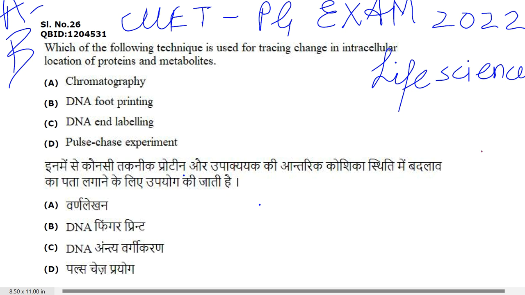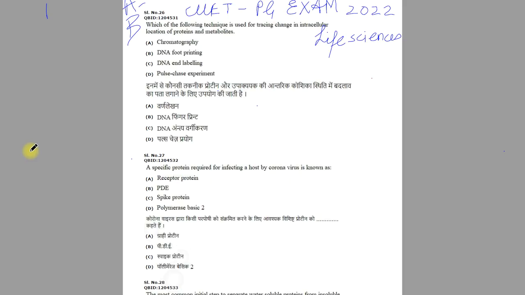So question number 26. Which of the following technique is used for tracing change in intracellular location of proteins and metabolites? Option A, chromatography. B, DNA footprinting. C, DNA end labeling. D, pulse chase experiment. I hope you have got the correct answer, and the correct answer here is the option D, which is the